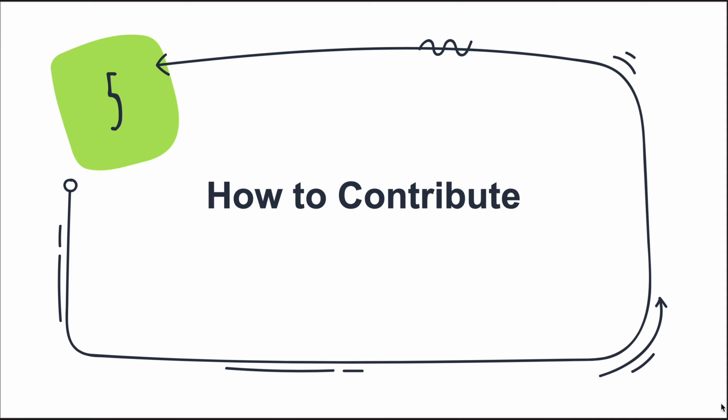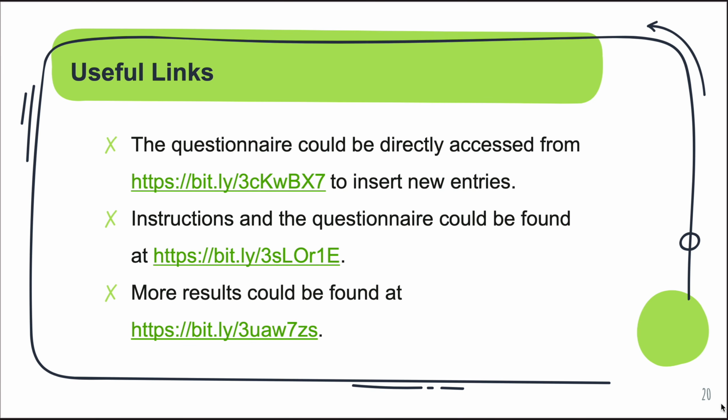RoboMAX is a means to help the robotic community, but it also needs the help of the community to grow. As the number of its exemplars increases, its stats and results become more reliable and comprehensive. So if you happen to work with well-defined robotic exemplars, please consider submitting them to our questionnaire, which can be reached by the first link. You can find useful instructions at the second link, and the last link is an extensive spreadsheet explaining the current exemplars already inserted